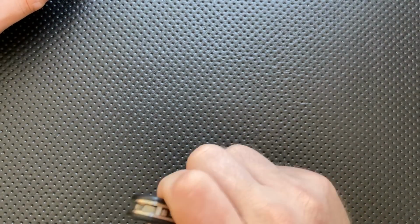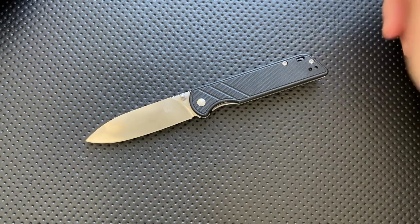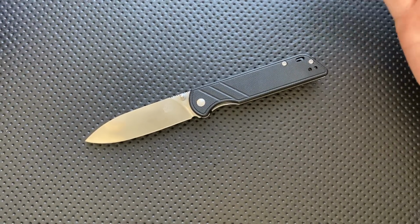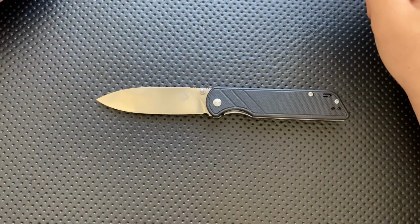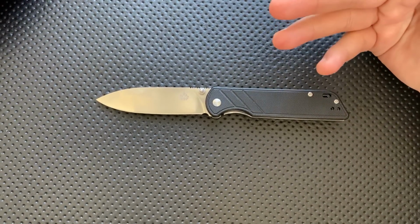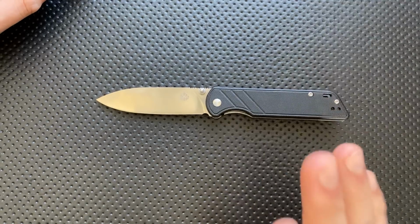It was the Spyderco Emphasis, by the way. And then finally, I guess on the bad side is that it's a very generic-looking knife. At some level, QSP made this, but there's no sense of, oh my God, this was this designer. There's no real feeling of, at some level, this looks like the kind of thing that you could find at any flea market anywhere. But the fact is, it's a fine little tool for $20, so I can't get too bent out of shape. But at the very least, that's the bad to me, is that it's a little bit